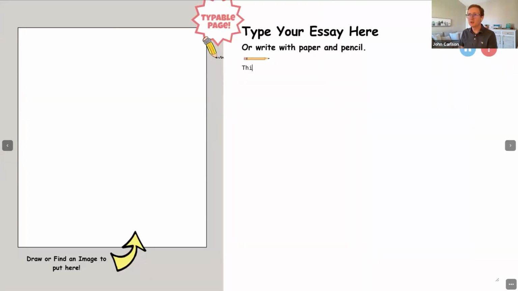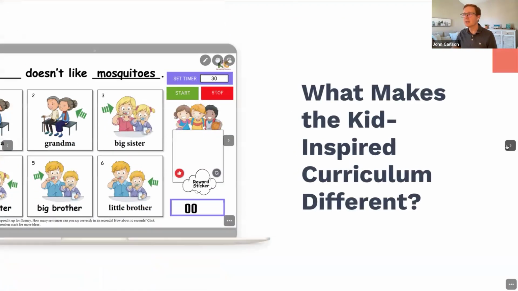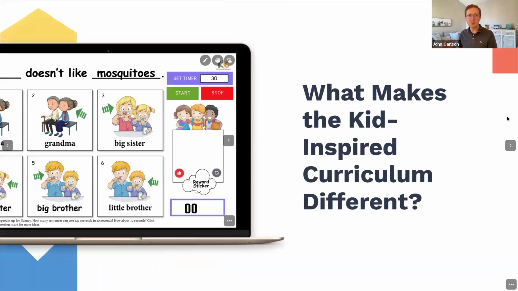So this does actually let you type in here. This is an essay, or this is writing. And so you could work through writing something together, and then the student can take that and do their own writing on their own time and turn it in for homework. This is the kind of stuff, again, parents really love to see that your students are doing speaking, listening, reading, writing, vocabulary, grammar, phonics.